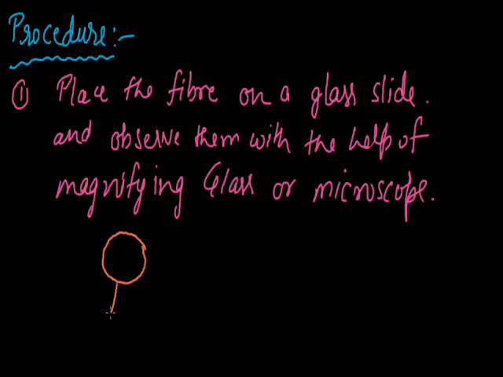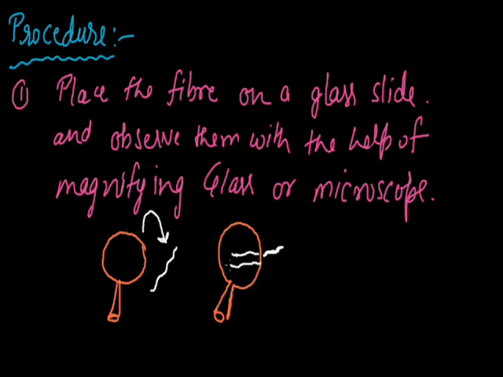Suppose this is a magnifying glass, this is a fiber. Now we place this magnifying glass on this fiber. This is a fiber which is outside the magnifying glass, and from the magnifying glass we observe that